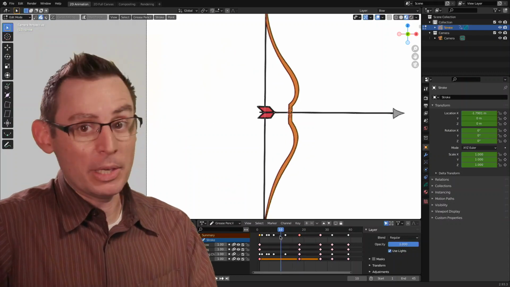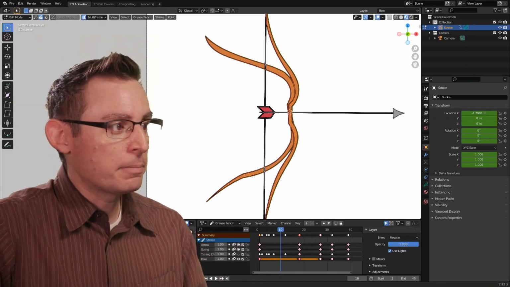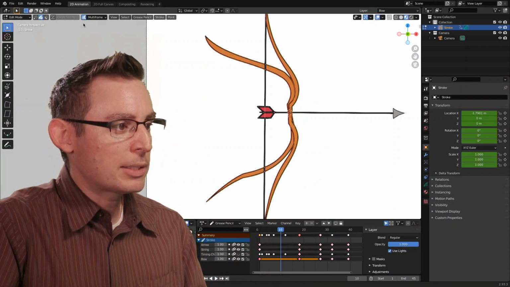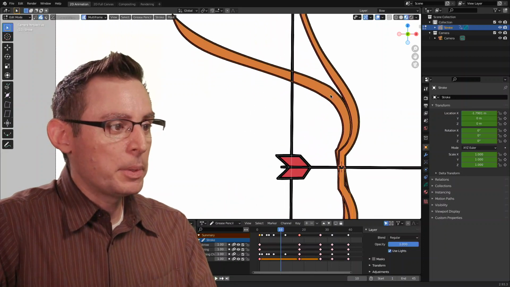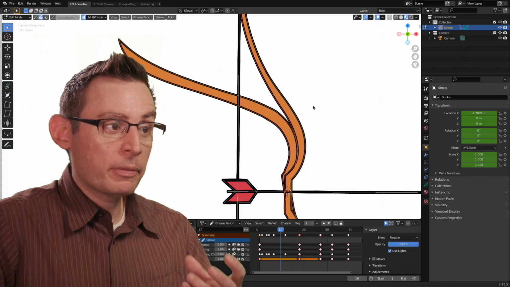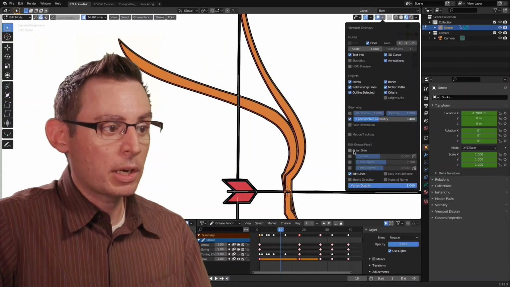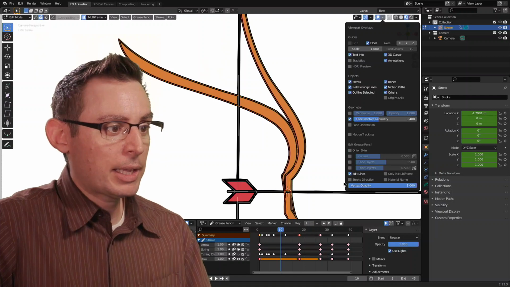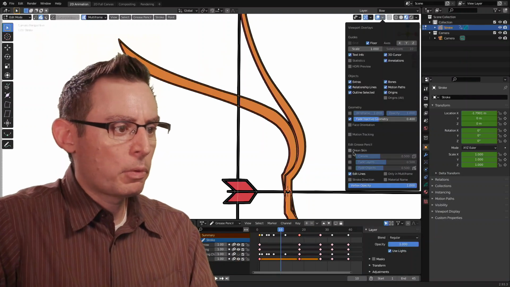The second thing that we need to do is go in and enable multi-frame editing. Just turn it on, it's right there inside of our viewport, and we're ready to rock and roll. Yours may look a little bit different. In this particular moment, I've deactivated the visibility of my onion skinning, which is right here. Yours may look like this. I like having my onion skinning off in this moment, but you can certainly do whatever you'd like.